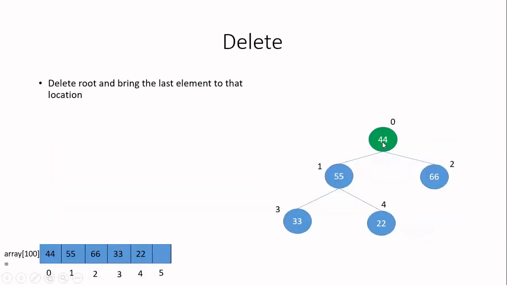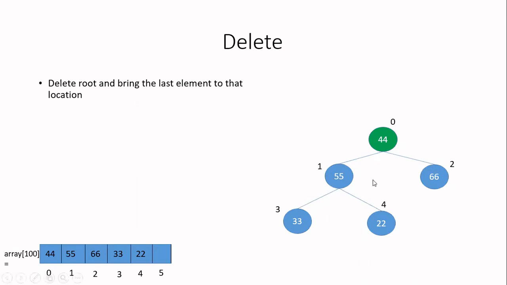After I bring that, then what I will do? After I bring this node, I will compare 45 with both its children. So for that, I will pick up the first node as this one, that is 55. I'll compare whether this 45 is greater than 55. If so, I will swap them. Otherwise, I will compare this 44 with 66. If 66 is greater than 44, I will swap them. Anyway, I have to find out of these three nodes, the largest value. That should be the root node. That is my target. So 3 nodes are there. Whichever is maximum in that tree, that will be the root node for that particular subtree.